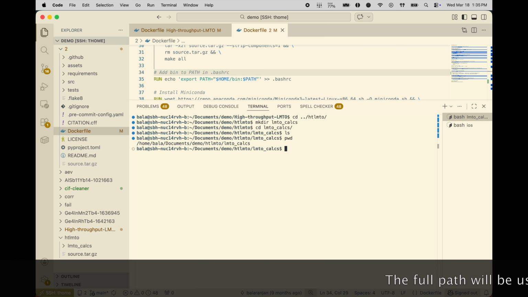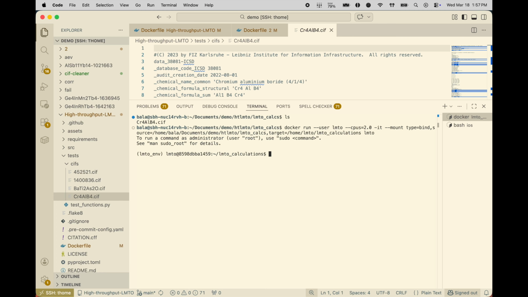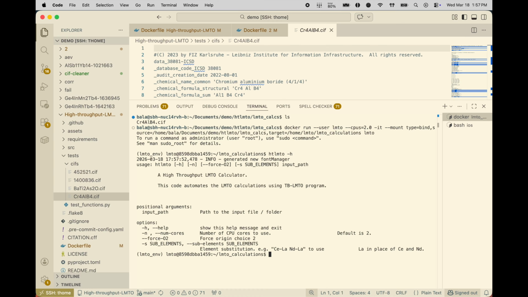Okay, first, let's see what HTLMTO can do. To see the options, type HTLMTO -h. Here you can see the available options. The input path is required, and you can specify the number of cores. This is applicable for when you're running multiple files. And then force origin choice using --force-O2 or provide element substitutions. To run a basic calculation, type HTLMTO followed by the path of the CIF file and then any options that